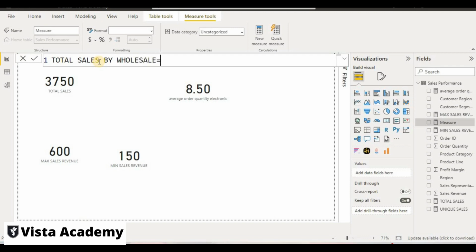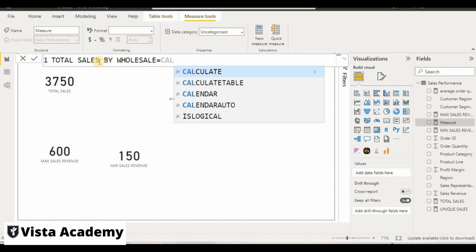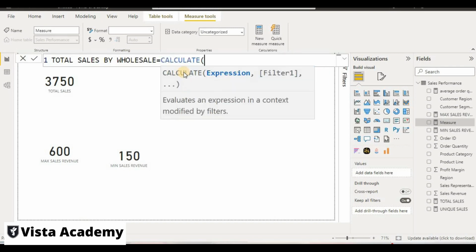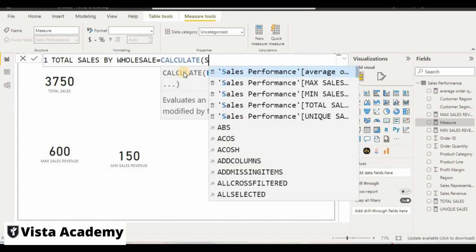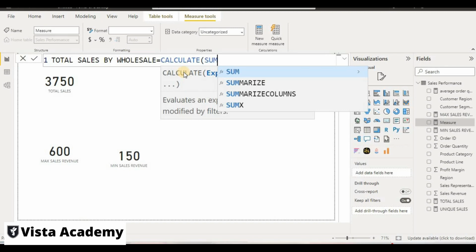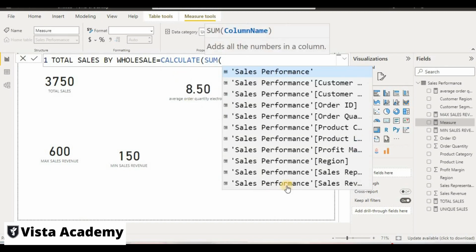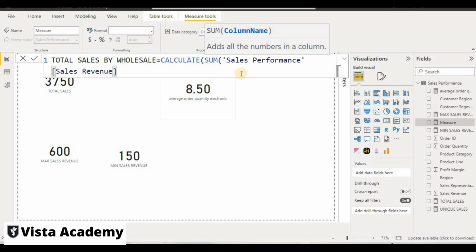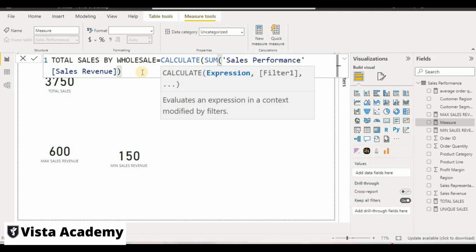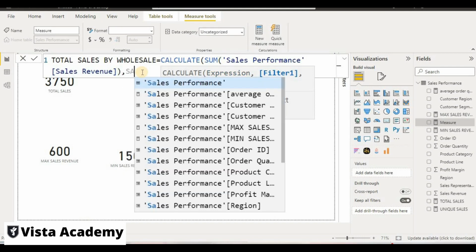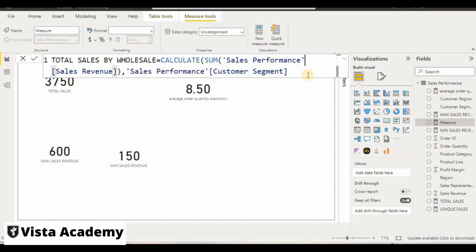This is the name. Then I will put equal to, then I will put calculate here. After calculating, I will put sum. So we have to sum our sales revenue. So from the sales performance table I will take sales revenue, then I will close this and comma, and again take sales performance, and here we have to take our customer segment,